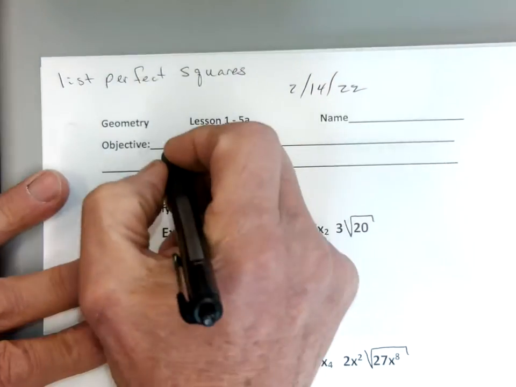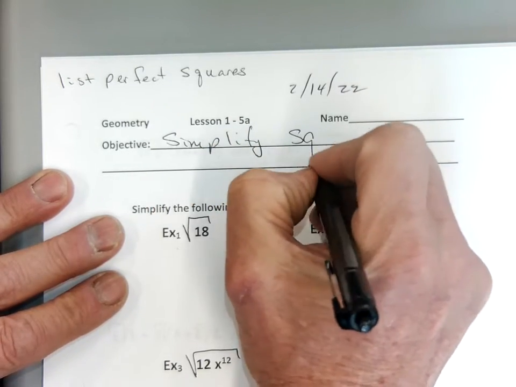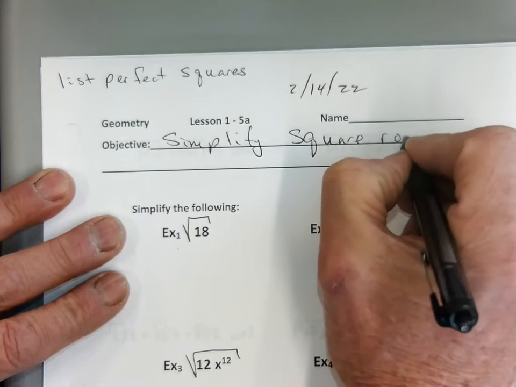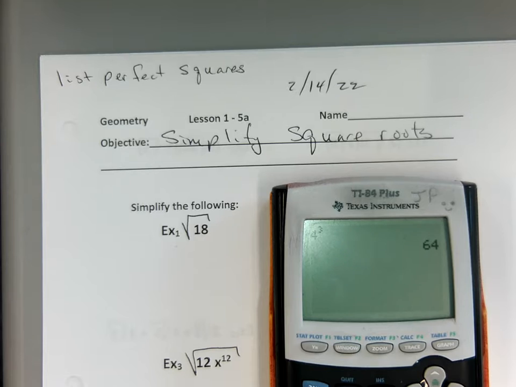Our objective is to simplify square roots. If you take higher math, pre-calculus, calculus, and beyond, we have this little thing where we simplify square roots. And there's a reason why we simplify square roots, because we always want to make something better, smaller. We want to try and take math and simplify. Does that make sense? So if I take a look, for instance, like the square root of 18, that's an